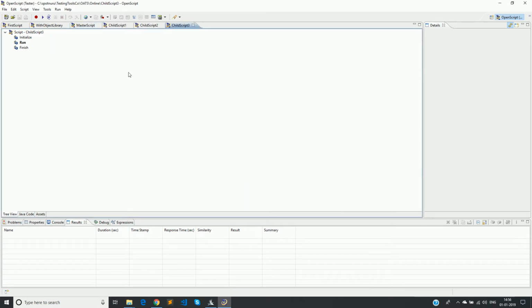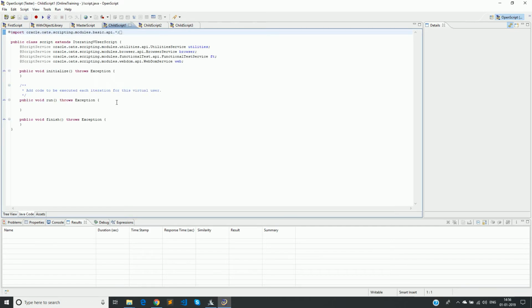Okay, now I want these three child scripts to be called from the master script. So I'll also have a small statement here so that you will know when we execute. Similarly, we will have this in the other two child scripts.